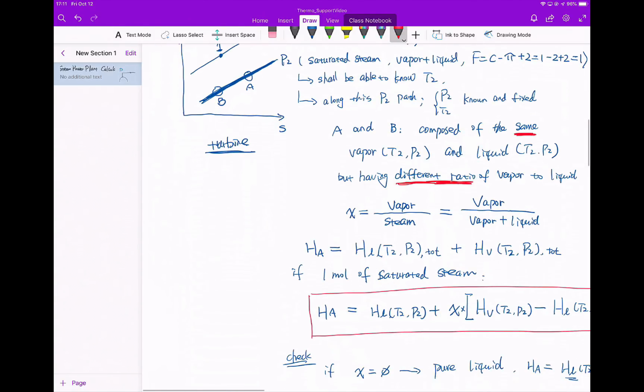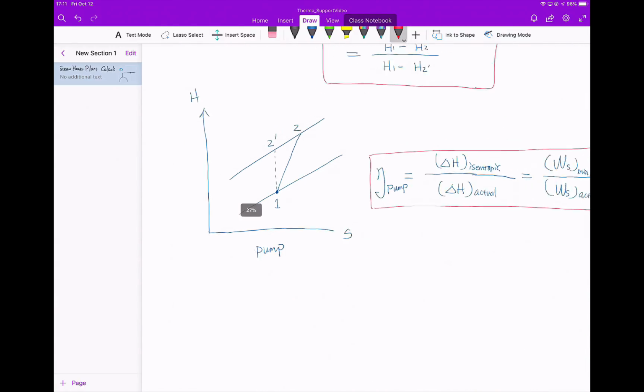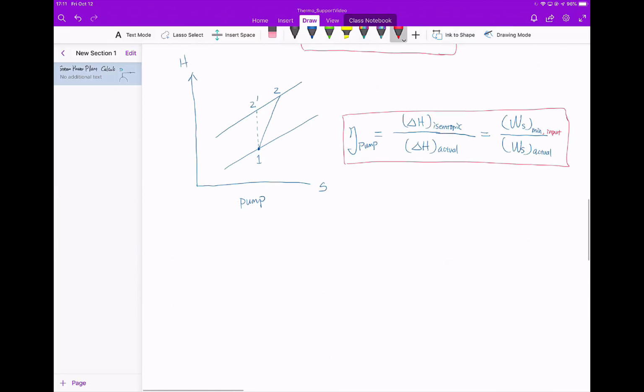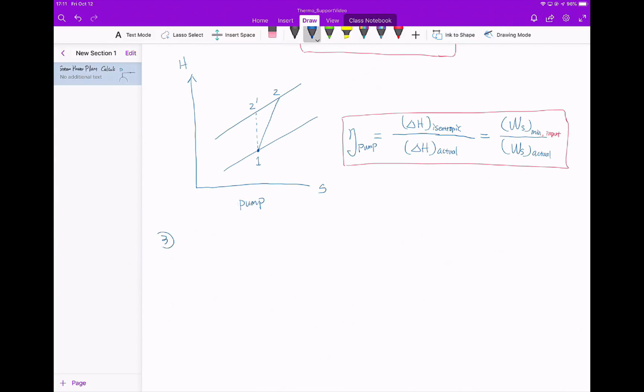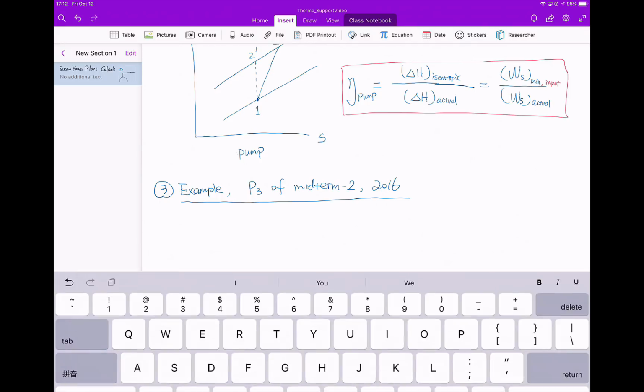But let's try to have a problem so we can have a good understanding of the procedure. Number 3 is an example. And that example is coming from problem 3 of midterm 2 out of 2016, I believe. Let's try to have the problem statement. So I'm going to insert this. Let's say insert file